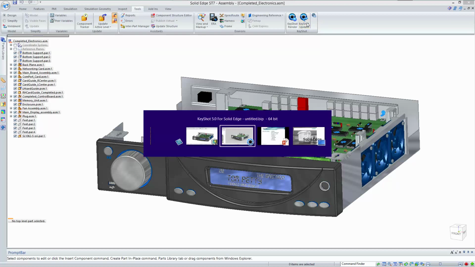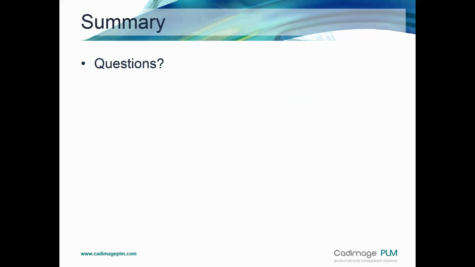So powerful stuff. And that is an overview of how Sheetmetal works in Solid Edge. I hope you found this demonstration